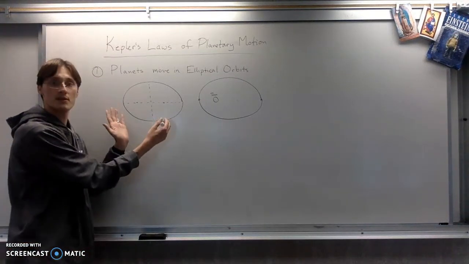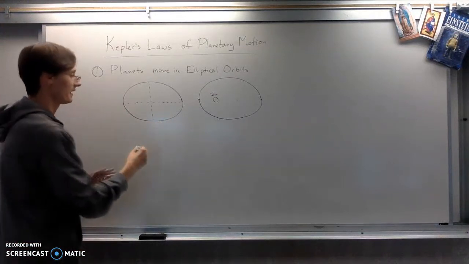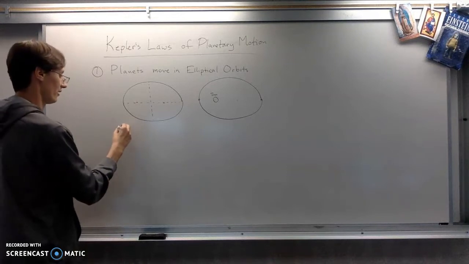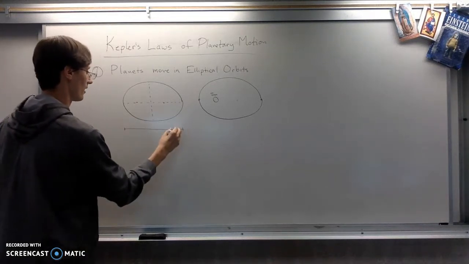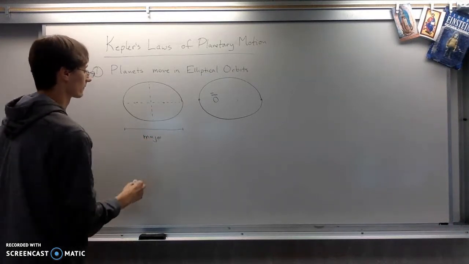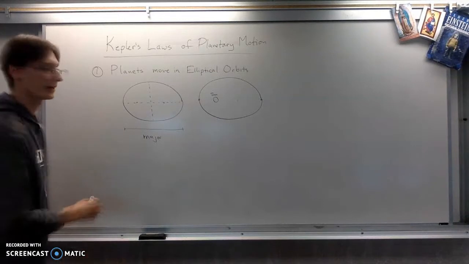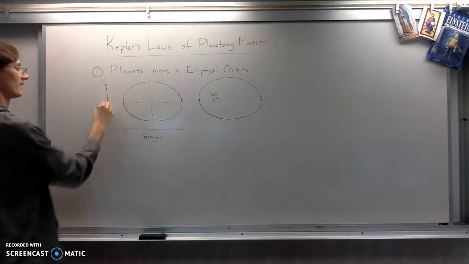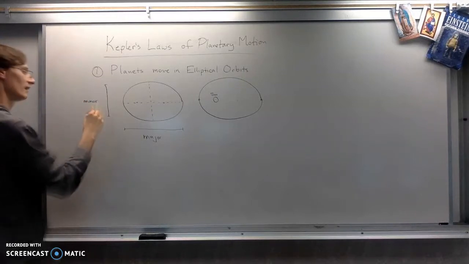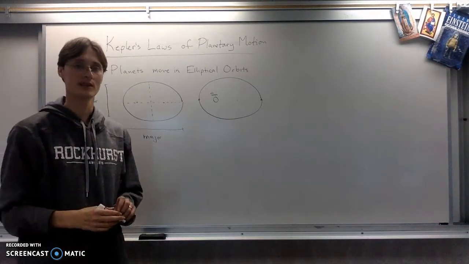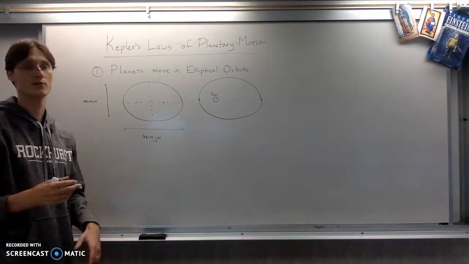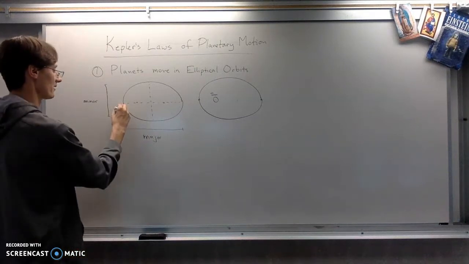So here's an ellipse, roughly speaking. The names of the various axes are as follows. The whole way across is called the major axis. That's the long way across. If we're going the short way across, that's called the minor axis. Really, neither one of those exactly matters all that much. The part that actually matters the most when you're looking at an ellipse is the